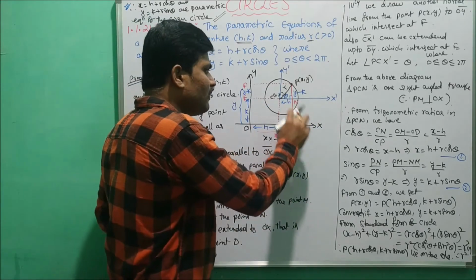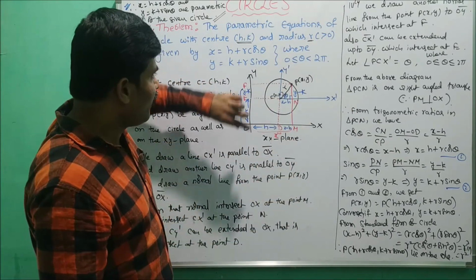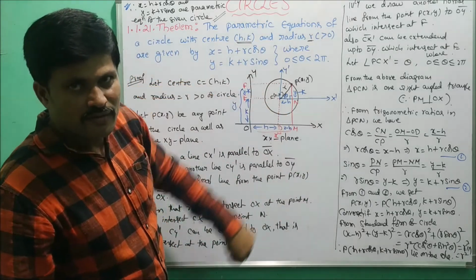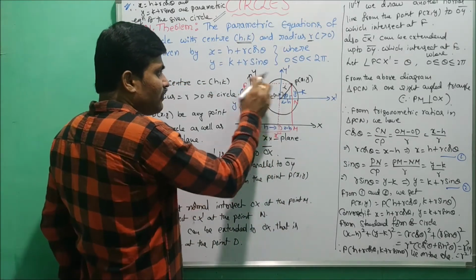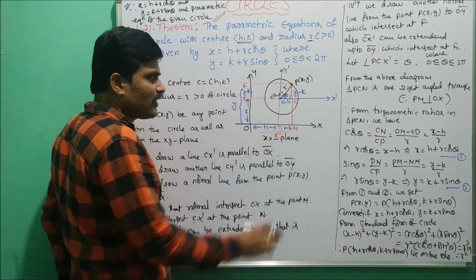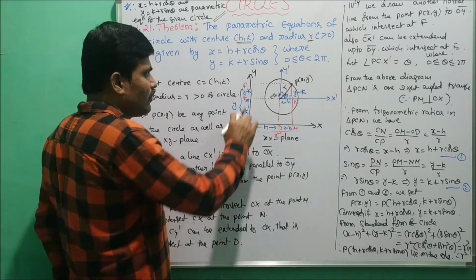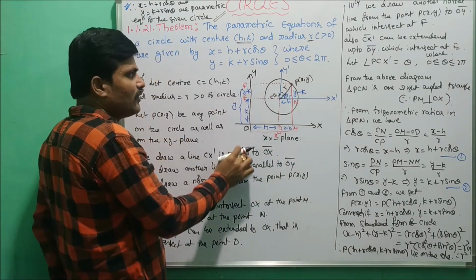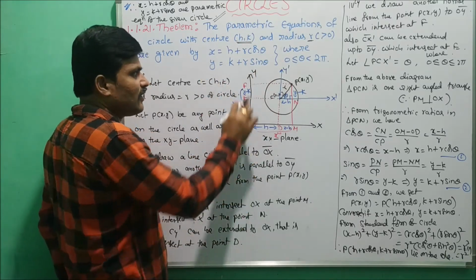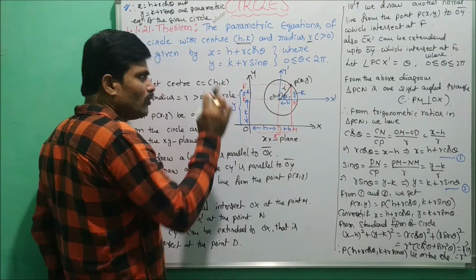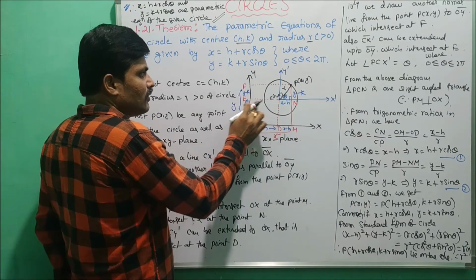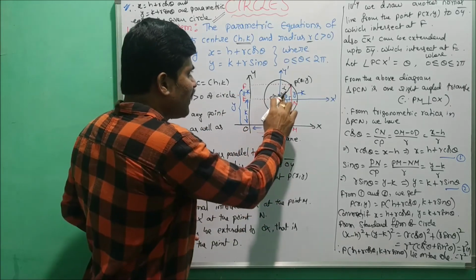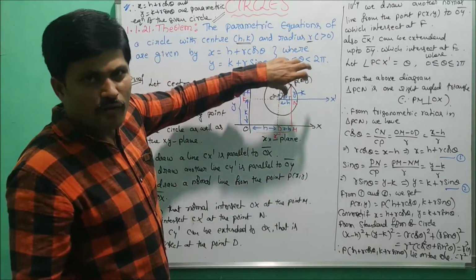Let us consider the two points N and M. Similarly here also CY dash can be extended to the x-axis. The same procedure can be followed in the OY line also. Here we draw one normal line from P to OY. Now that line intersects OY at the point F, and CY dash intersects OY at the point E. So clearly here we observe C of h k and P of xy, these two points in the coordinate plane.